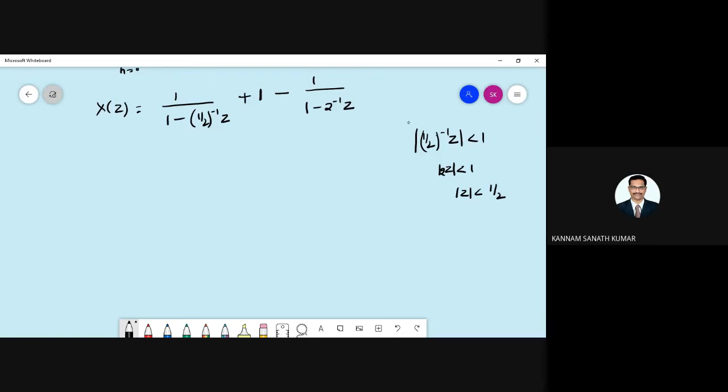Mod z is less than 1 by 2. Okay, and next, what is the next ROC? 2 inverse z is less than 1, z by 2, mod z by 2 is less than 1, so mod z is less than 2, no? So mod z is less than 2. Okay, so this is one ROC, mod z is less than 1 by 2, and mod z is less than 2. Okay, so x of z you can write as x of z equal to